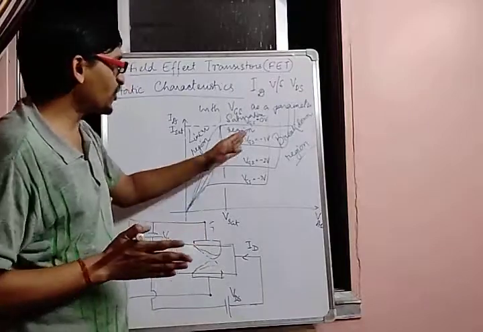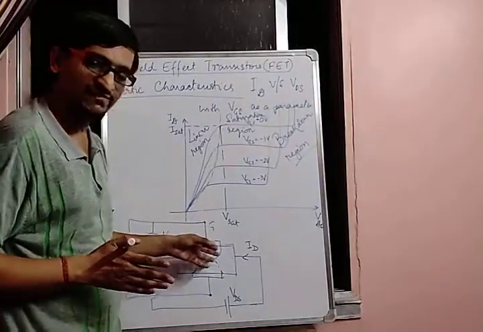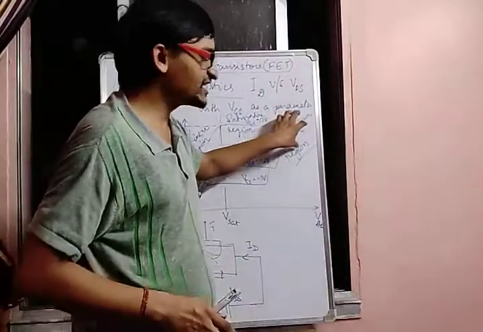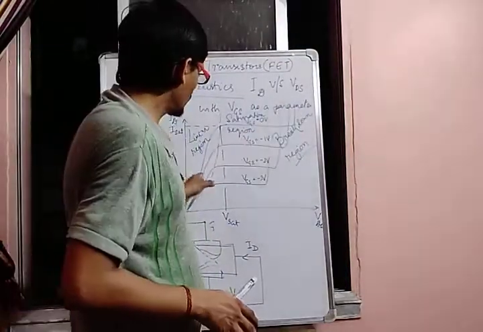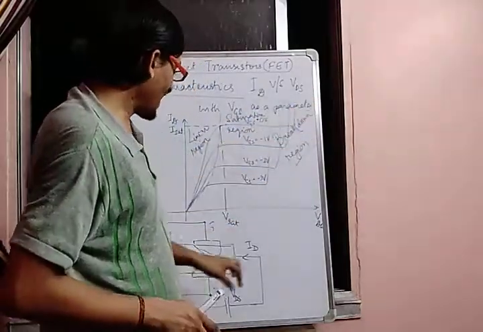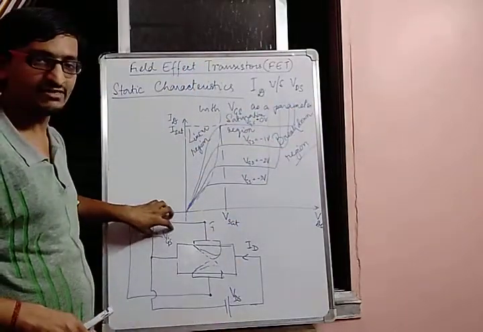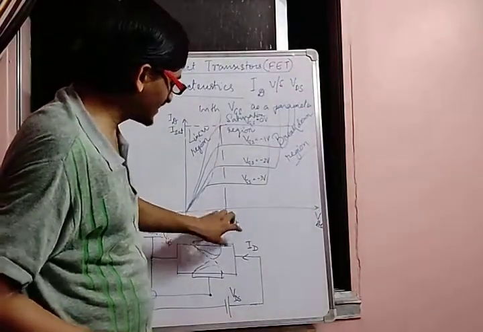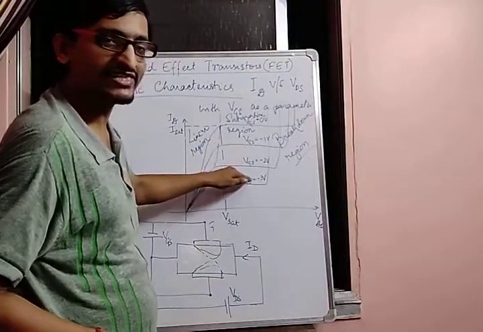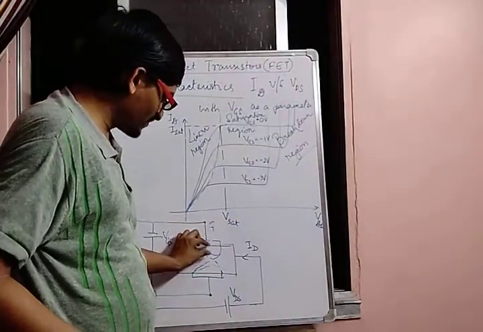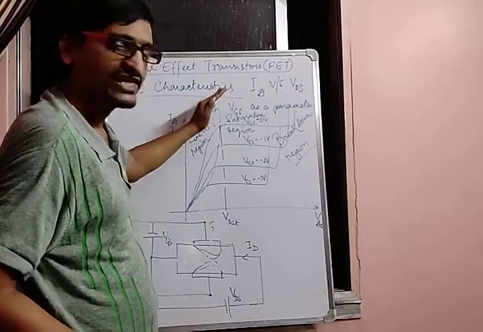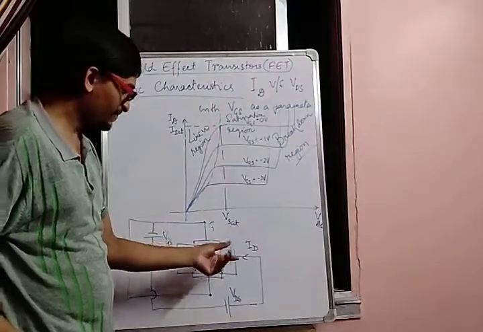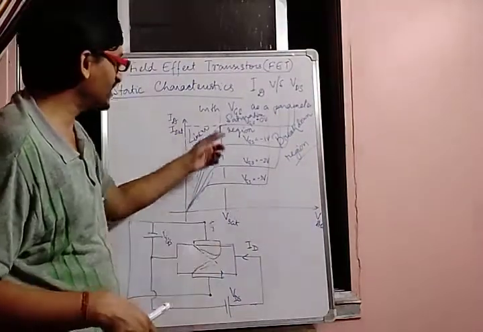Now if you go on further increasing the voltage, a stage will be reached when the breakdown of this PN junction will occur. So then we will be getting this breakdown region. For that reason we are getting this sort of graph. Now as you increase the reverse bias of this gate terminal, what will happen? This current will basically reduce, because even if you are increasing VDS, this reverse bias will be more than it was in the case of 0 volt.